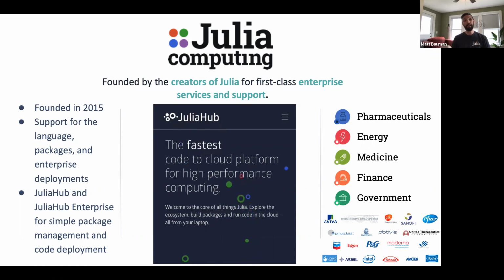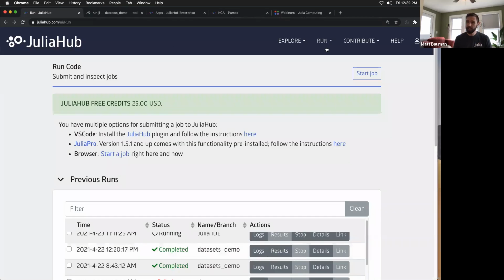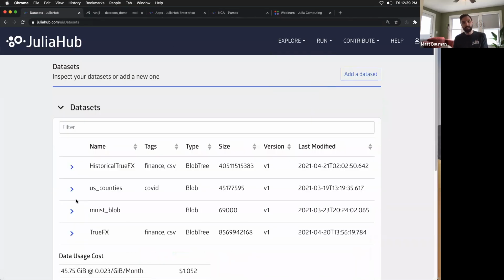Just after I transitioned between the two data sets, we had a question from Julio about data sets and how specifically you move data sets to the cloud. That's a great question, because it's something that I had to do in order to get these 40 gigabytes available to us. So if I go back to my data sets tab here,